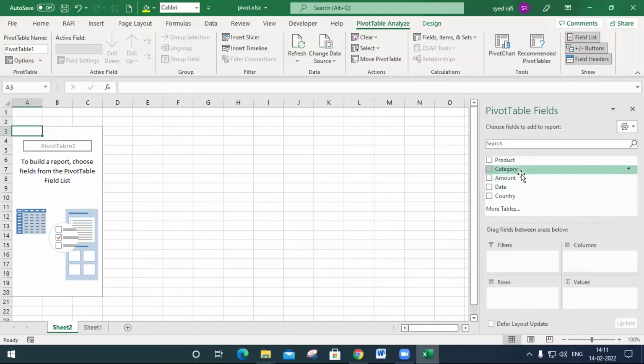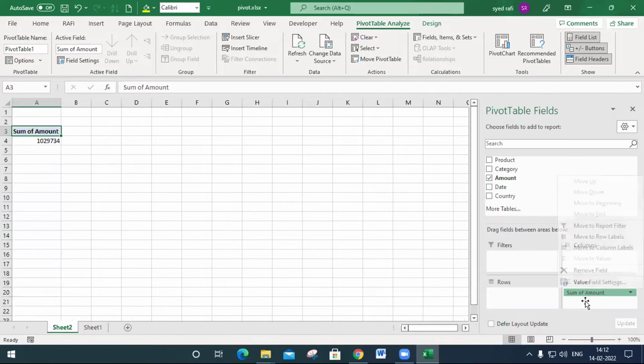Whatever you drag is called a field. Amount is a field, and it contains numeric data. Whenever you drag a numeric field into the calculated location, it is automatically displayed as the sum of that field name.